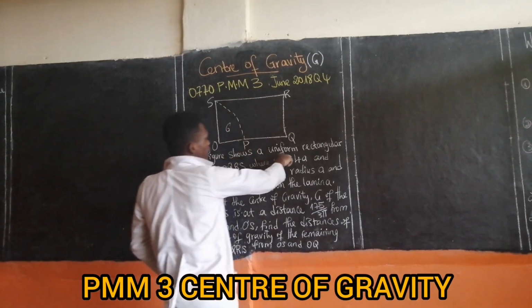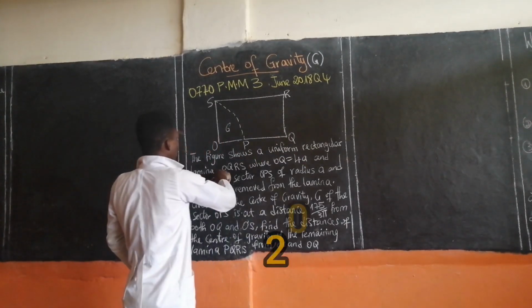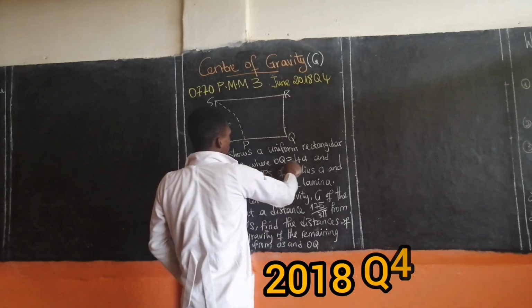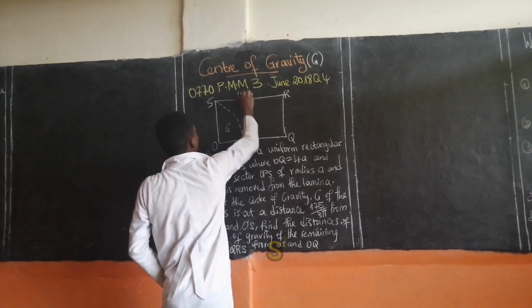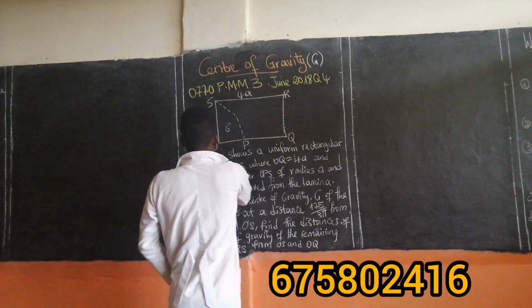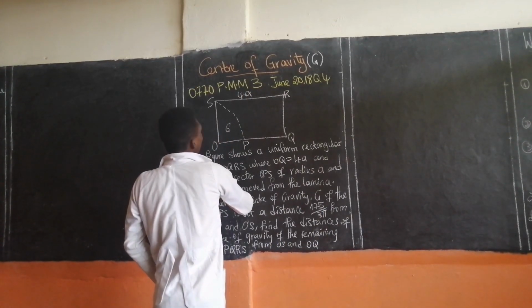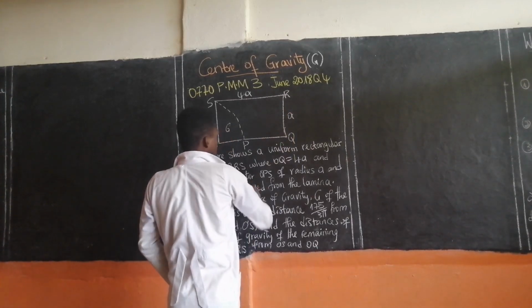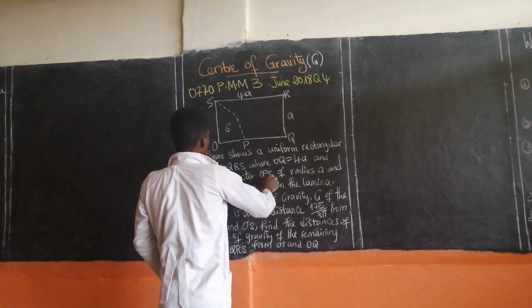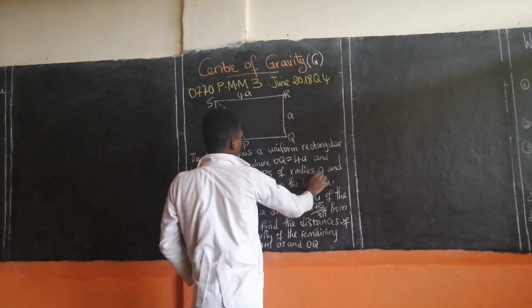The figure shows a uniform rectangular lamina OQRS, where OQ is 4a, and QR is a. The sector OPS of radius a